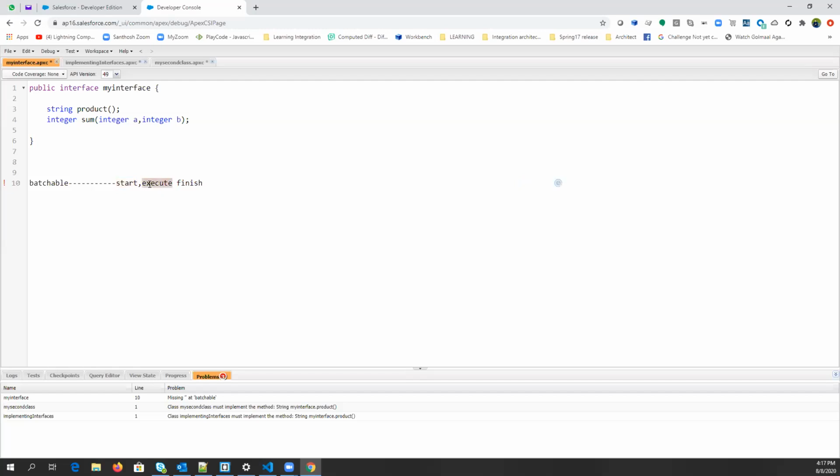The logic will always be different for different customers, and the finish will always be different, but the name and the purpose of the methods are the same. That is already declared in that interface, and everybody who wants to create a batch class can simply inherit this batchable interface and start working on these three methods. Is it clear now? Yes, sir.